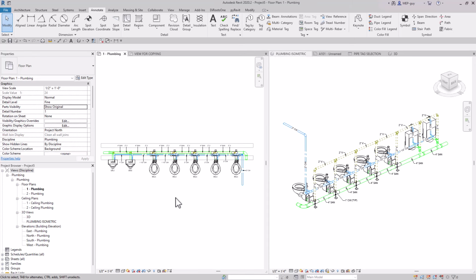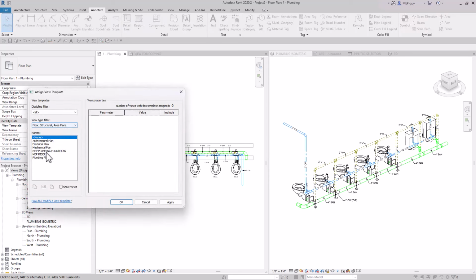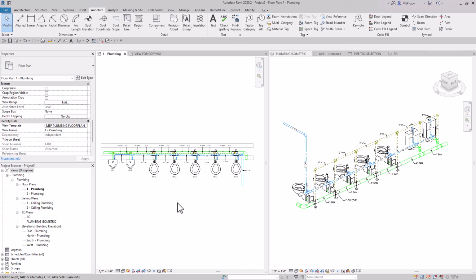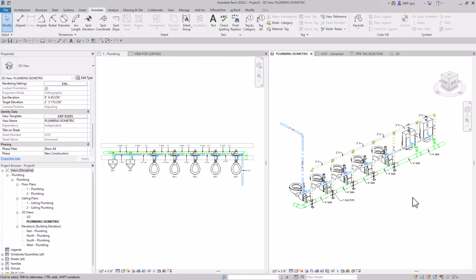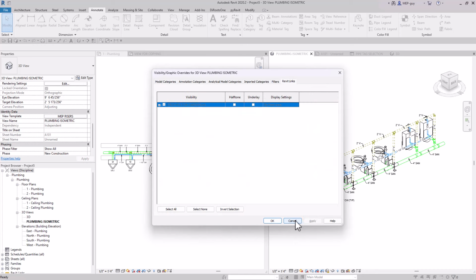There's a little trick involved, and I'm not going to show you guys. You have to get the course to see this trick, but it works with my plumbing fixtures. I've already saved the setting. So if I go to my view template and I use the MEP floor plan, I'm going to hit OK, and it will automatically get rid of my MEP fixtures and only show the architects'. And then in this view, we'll turn off the architectural fixtures because we want the MEP ones to show. So if I go to visibility graphics and I turn off the architectural link,